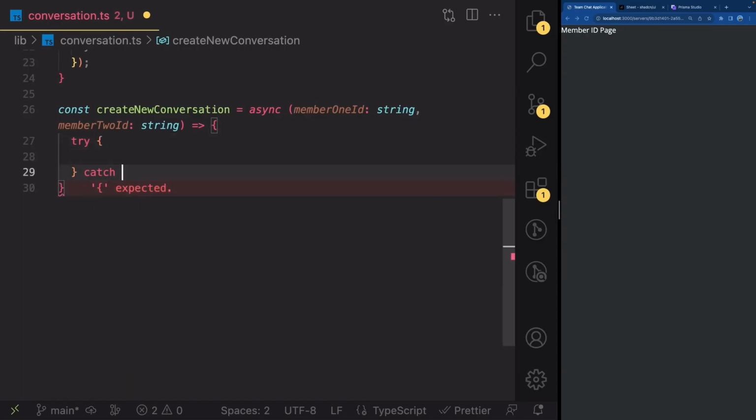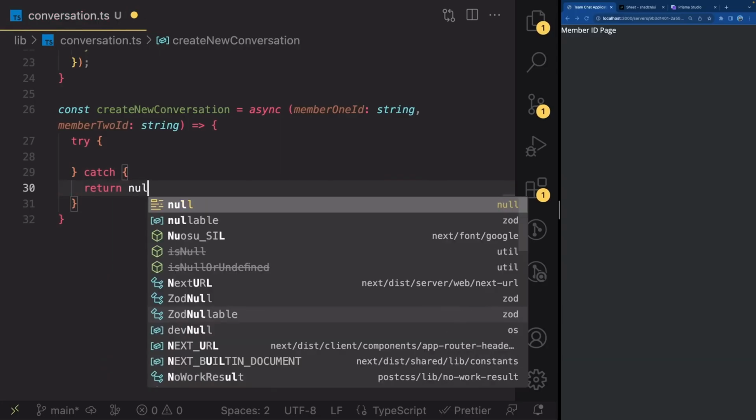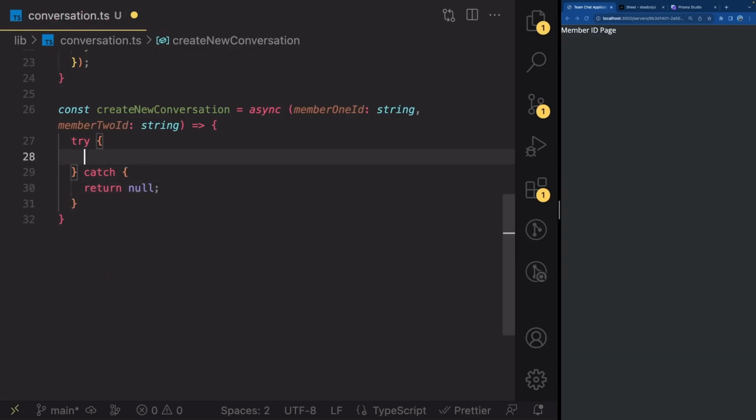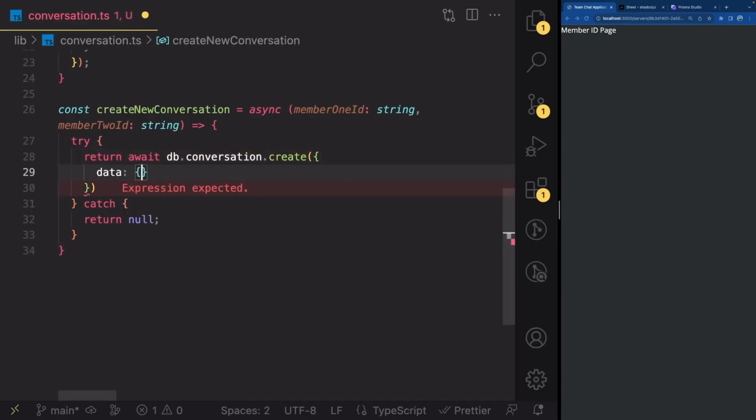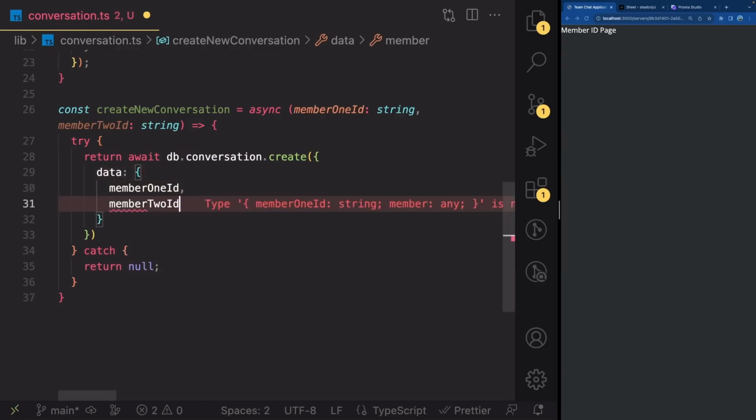Inside of this catch, we don't have to log any errors. Instead, we can just return null like this. And let's go ahead and write return await